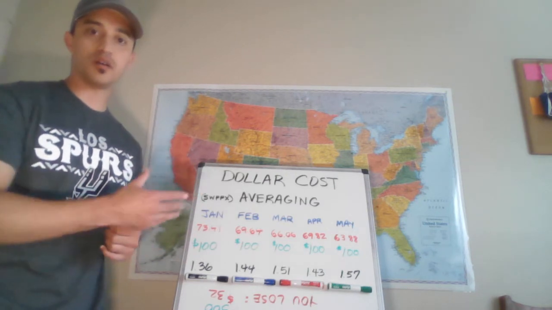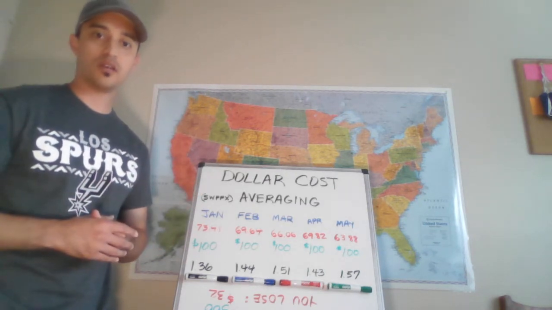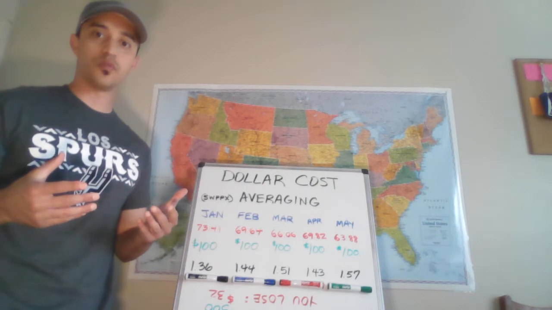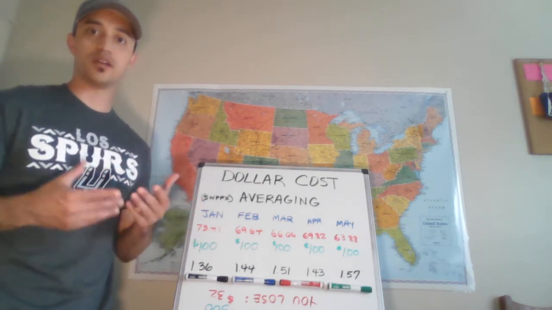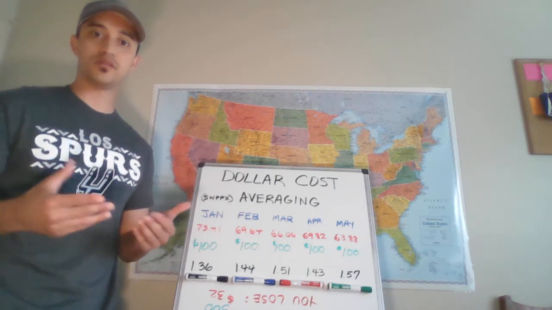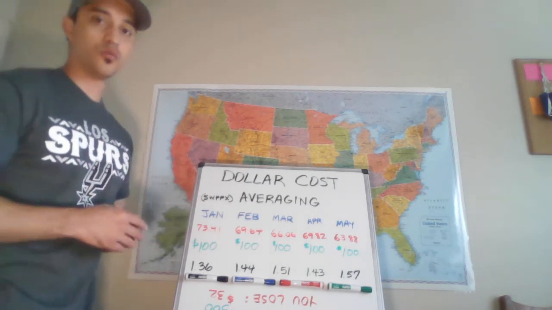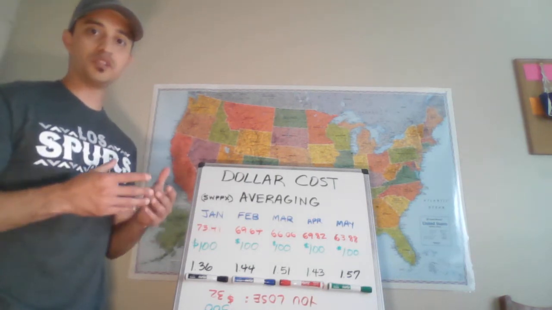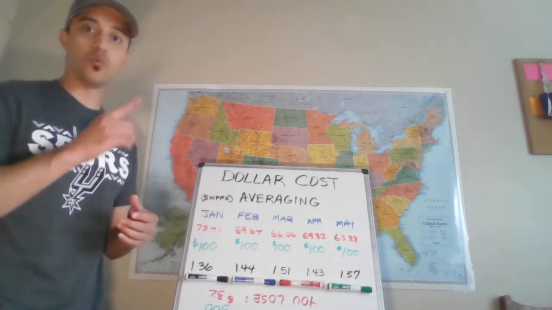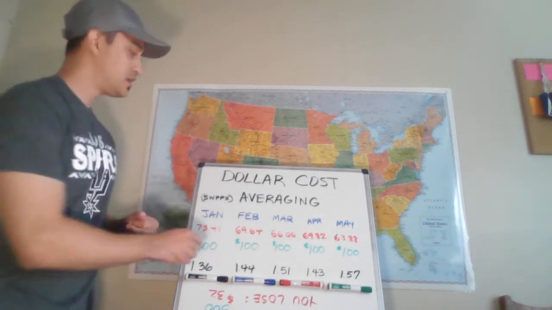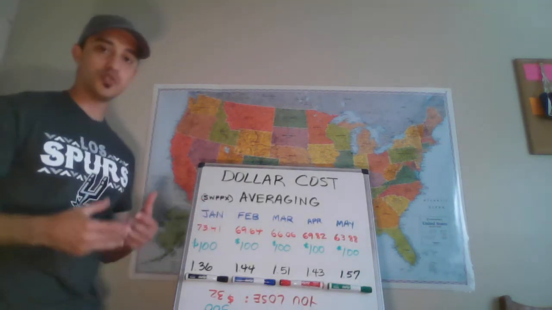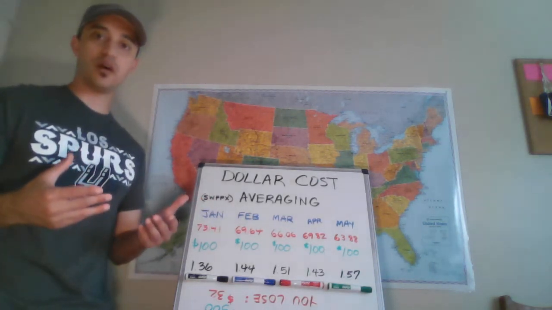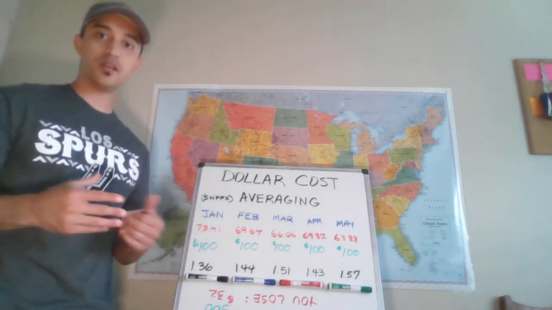Today, obviously, I'm going to be talking about dollar cost averaging. And in case you're wondering what that is exactly, I have an example here to illustrate what it is. All right. So what I'm going to be doing is taking a look at one specific mutual fund. It's this one right here. It's SWPPX. It's a mutual fund that tracks the S&P 500 index.